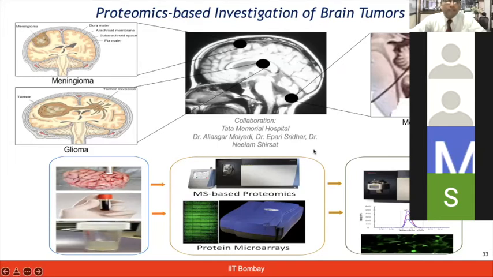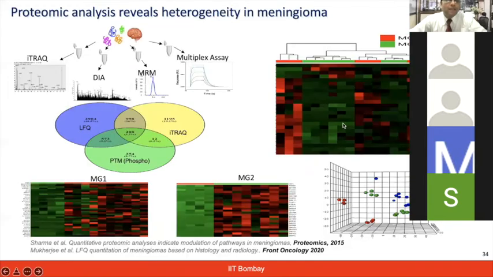We look at, using our technologies, what kind of changes are happening in the brain tumor patient as compared to the normal controls. Again, using these types of proteomics-based investigations, what we could see is there's a difference in control versus grade 1, control versus grade 2. And when grade 1s and grade 2s are quite different, they may even be forming some different subtypes. And therefore, when we look more closely here,